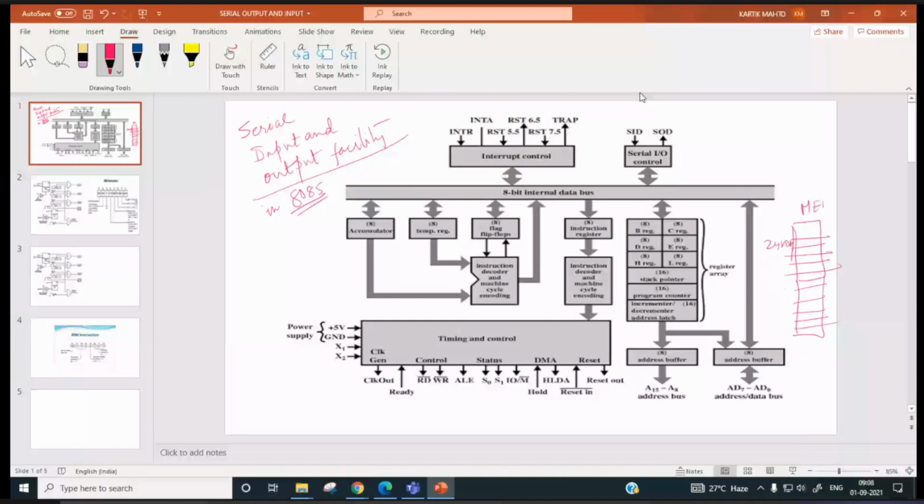Using LDA 2400H, we can input this byte to the accumulator, and from here we can transmit it serially via the SOD pin. So in serial transmission and reception, this accumulator is involved. This you need to remember.